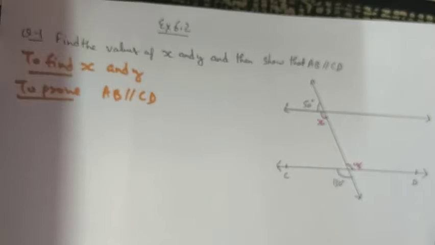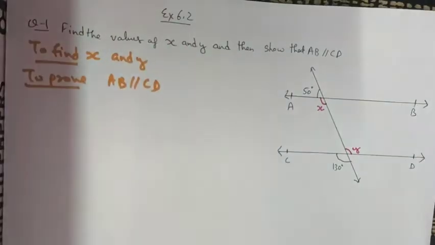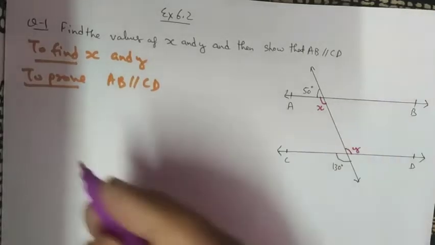Okay, exercise 6.2 question number 1. In this question, we need to find the value of x and y, and then we have to prove that AB is parallel to CD. So first of all, we can clearly see that